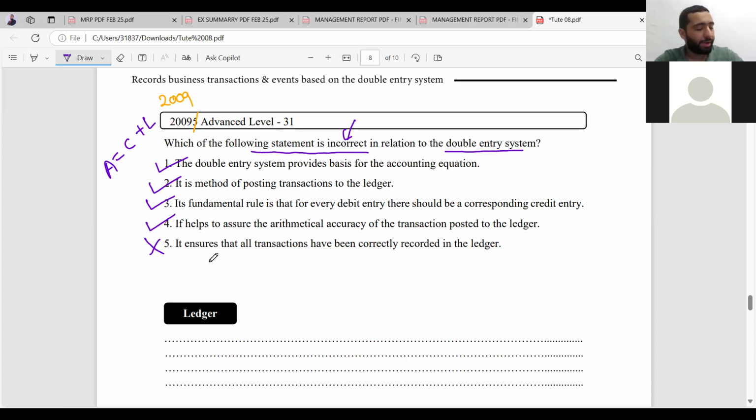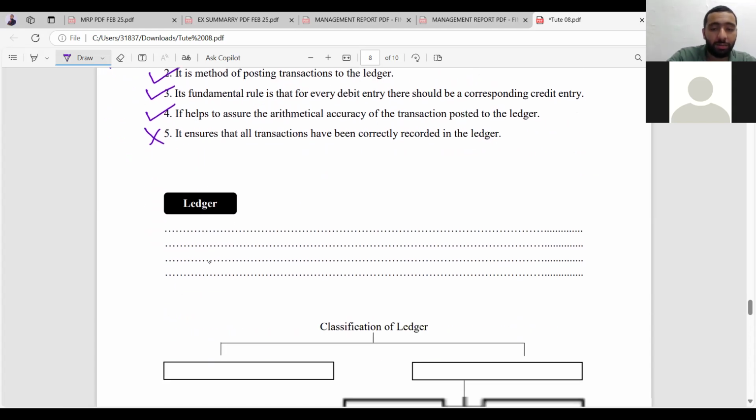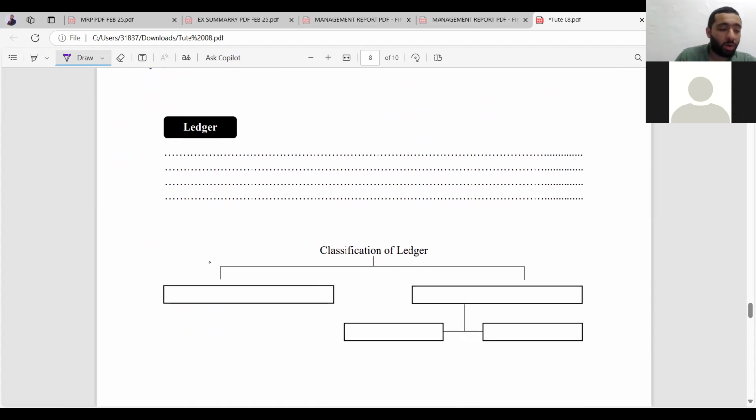Ledger, right? Very important. Make sure you're writing with me itself, so that we can quickly finish it off. So what is a ledger? Ledger is a collection